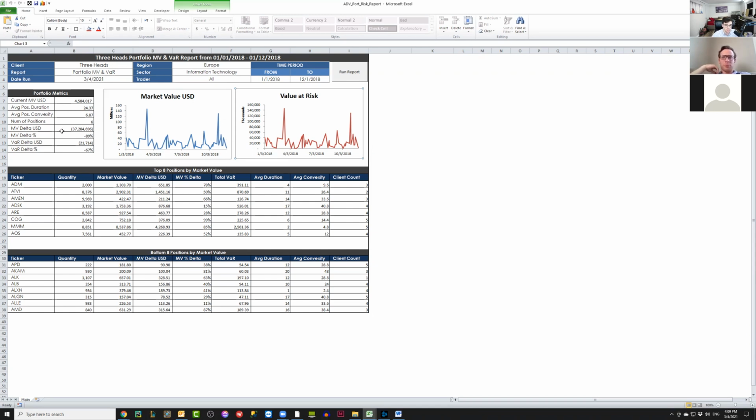Now you look at the market value delta, that'll tell you how much the market value changed. Now we're at about 4 million. We started at about 40 million. So it shows you over here, the market value of Three Heads in Europe dropped $37 million. Now, if you're on a trading desk, this is a very concerning number. You can see over here, it's an 89% drop.